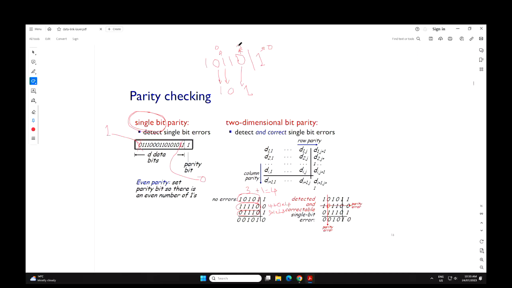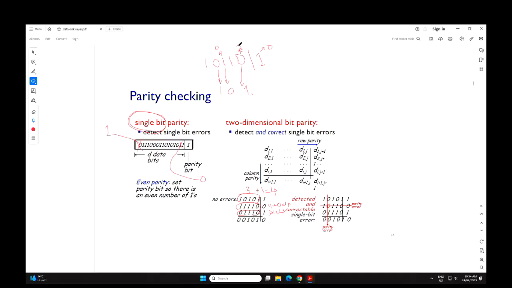Okay, so is that clear how even parity can detect not only a single bit error, but 3-bit errors, 5-bit errors, 7-bit errors, and things like that, right? Sorry, the even parity. Even parity can detect all the odd. And the odd parity, the opposite. Is it opposite? Or is it still the same? Yeah, it's still the same, sorry. So whether you use odd parity or even parity,